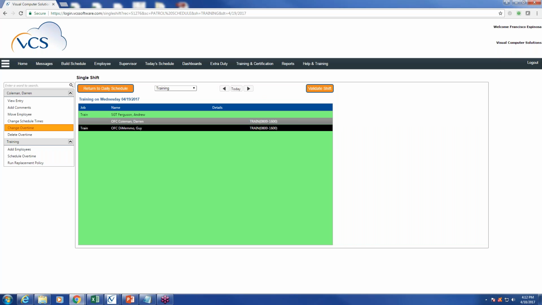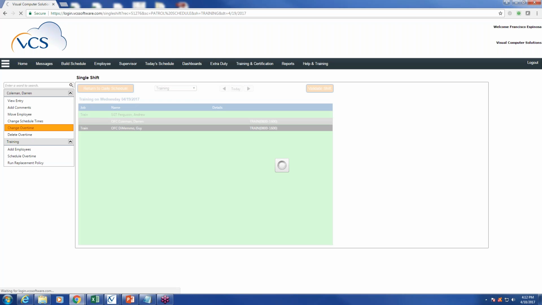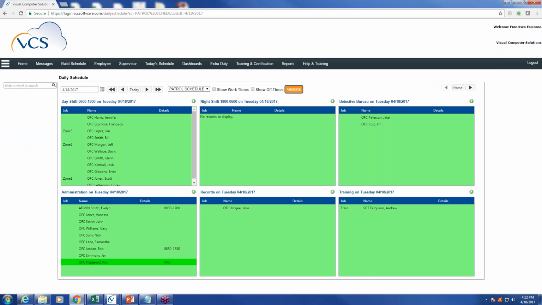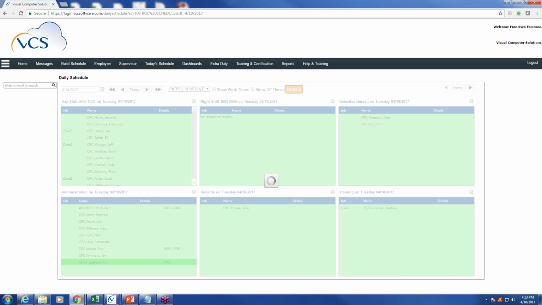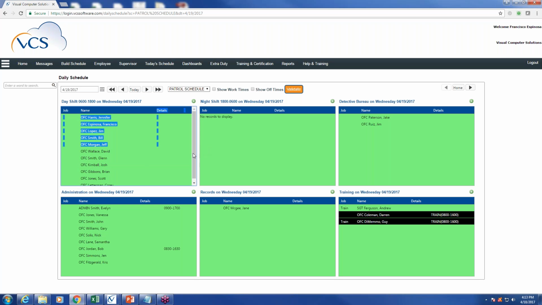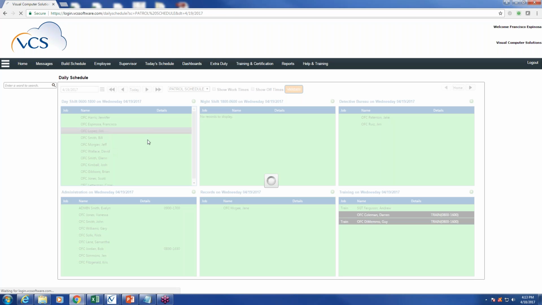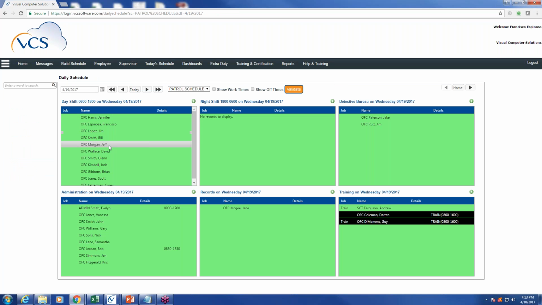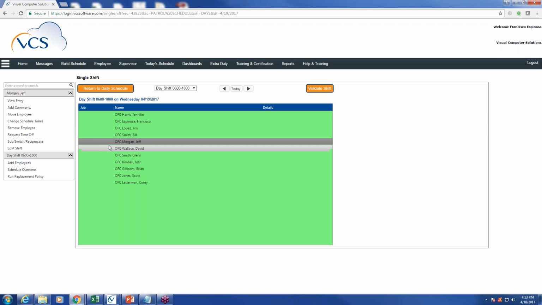Now, aside from approving the entries made by other employees, we might sometimes have to just post it directly onto the schedule. Actually, I'll go to the 19th. I'll go to a fresh day here. If someone in that shift calls out sick, I should just be able to click on their name, and from the request time off screen,